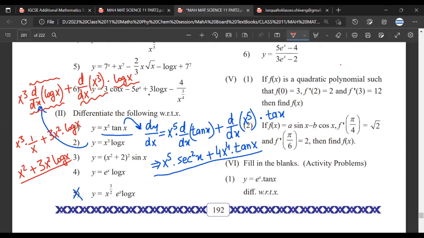So you take the first function. For example, in the next question, this would be the first function, this would be the second function. This would be the first function, this would be the second function. So in question number 2, just do 2 questions. Any doubt till there? No. So this is the